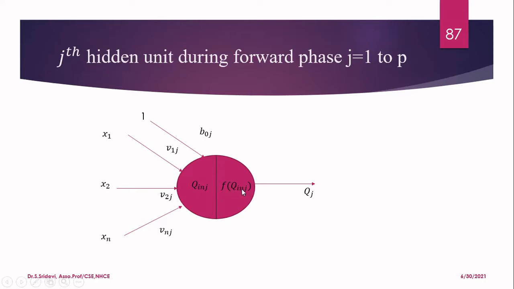It is receiving this weighted sum as the input. That is nothing but this value is received as the input, and it is going to calculate f of q in j. Based upon that, it will generate the output qj. Okay, so now if you consider the jth unit is generating the output qj. Now what will happen to this output? This will be forwarded to the next layer. Here I am assuming that the next layer is the output layer. Okay, so this is a basic. With this only we are going to see the next slide.